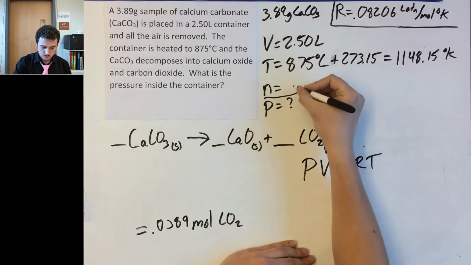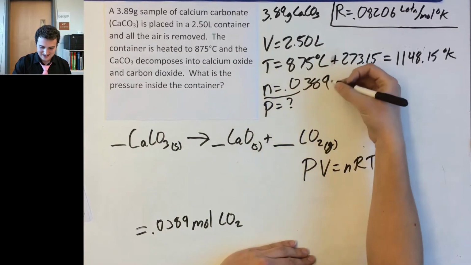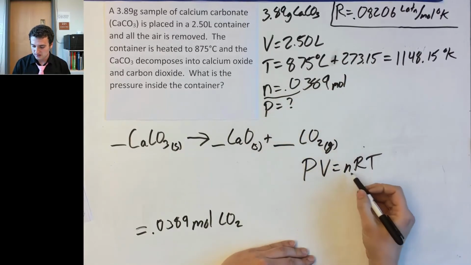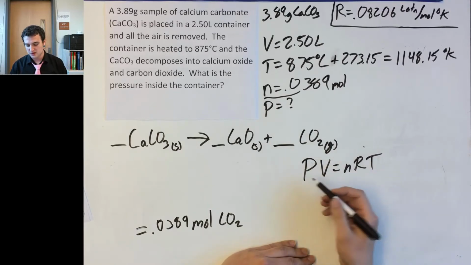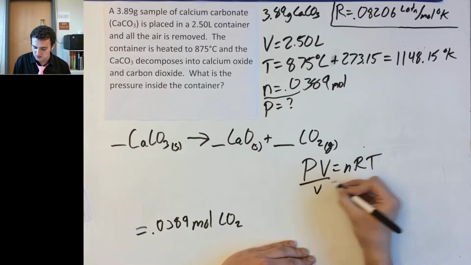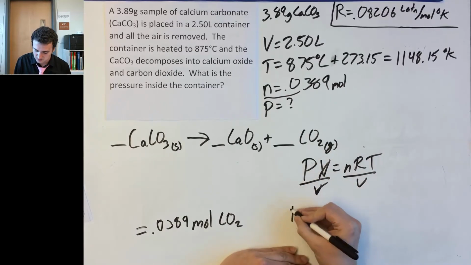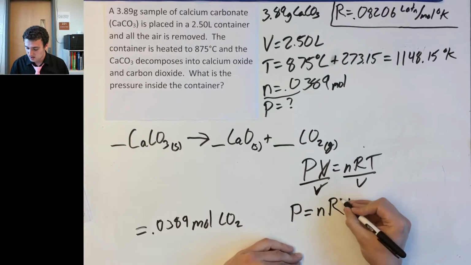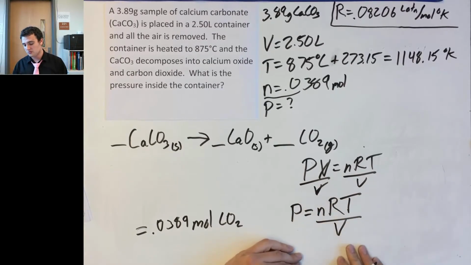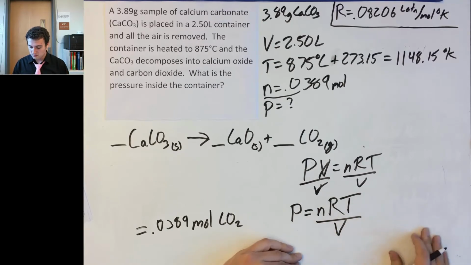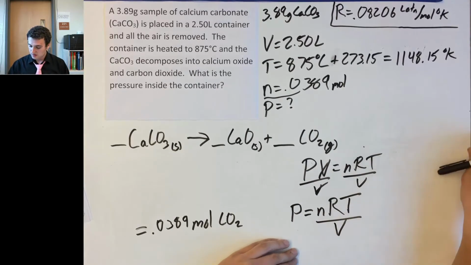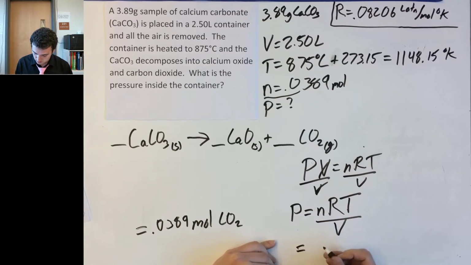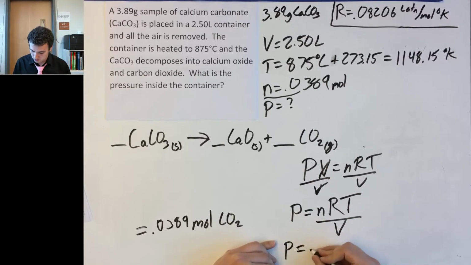I now know n is 0.0389 moles of our gas. So I have n, I have R, I have T, I have V, so I need to solve for P, which means I need it by itself, so divide each side by V. That cancels, and I end up with P, or pressure, equals number of moles times R, the constant, times T, divided by volume. And then I plug these in to solve. Okay, so pressure equals n, number of moles,